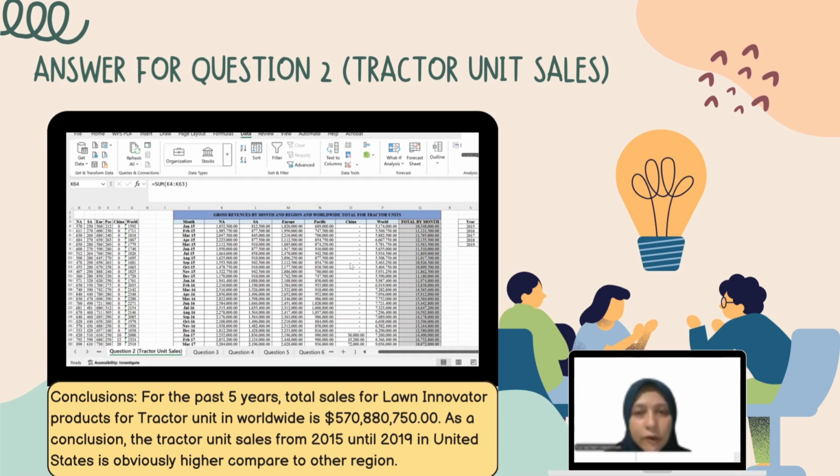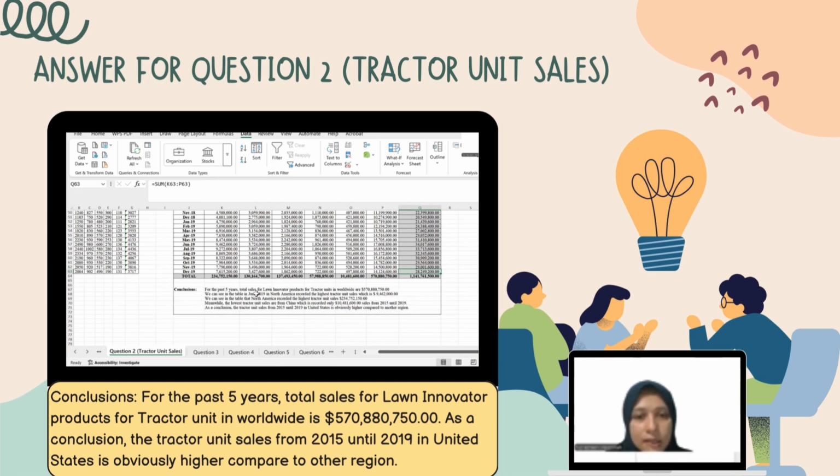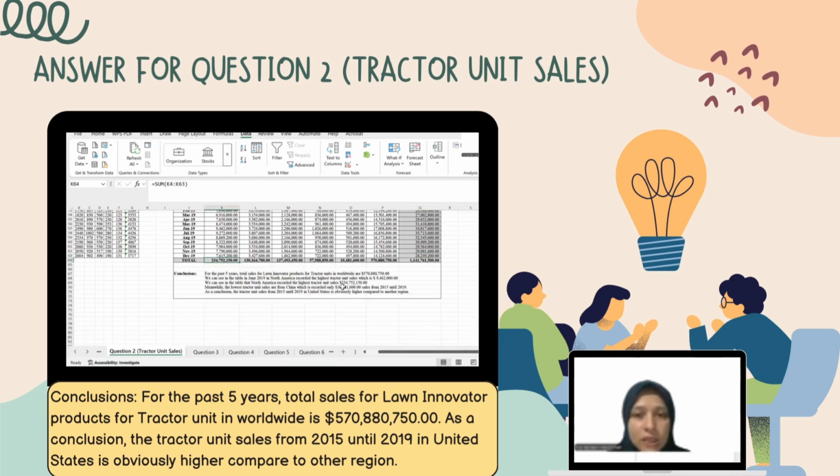This is the database for tractor unit sales. To find the gross revenue by month and region, as well as worldwide total, we use the sum formula for each calculation. As you can see here, we use the sum formula for every region and also the total by month. As a conclusion, for the past 5 years, total sales for Lawn Innovator products for tractor units worldwide are $570,880,750. We can see in the table that North America recorded the highest tractor unit sales, which is